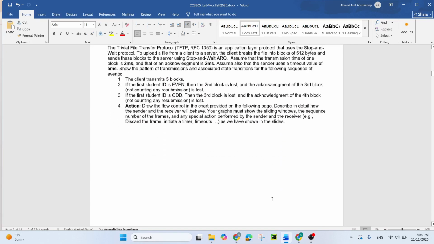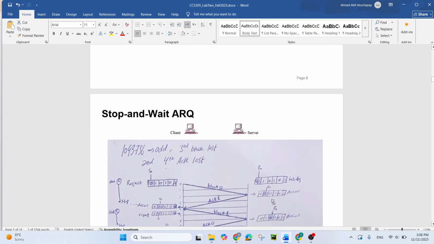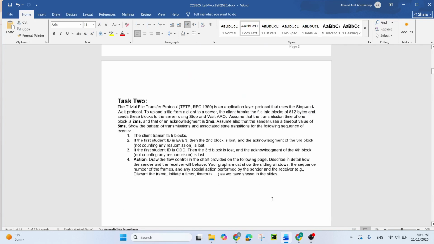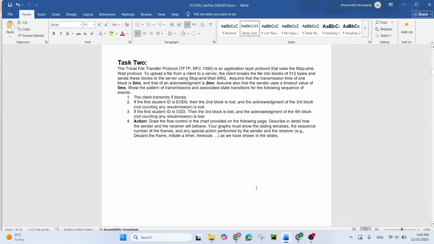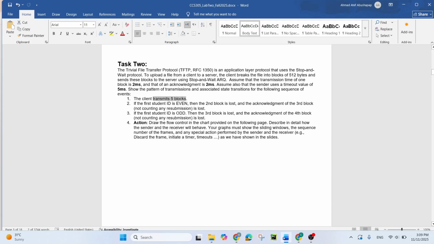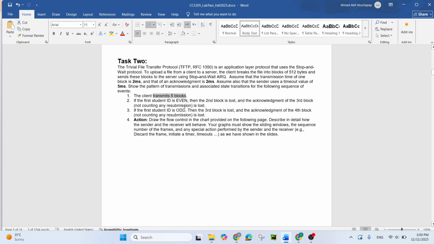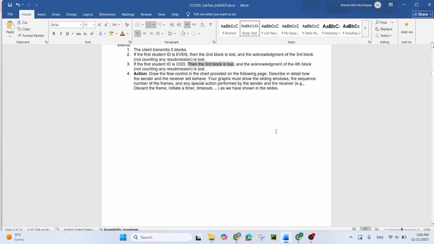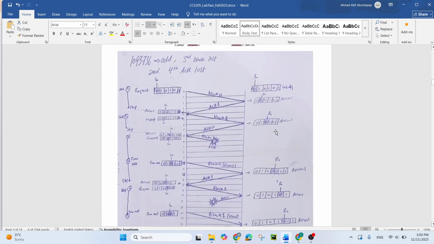For the second part, which is about the stop and wait protocol, we are going to send, or transmit, 5 blocks or frames, and in our case the third block will be lost and the fourth acknowledgement also will be lost. So as we can see here,